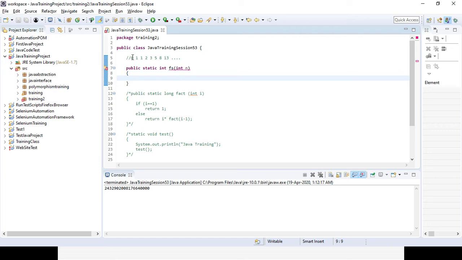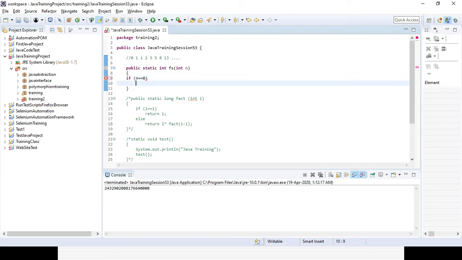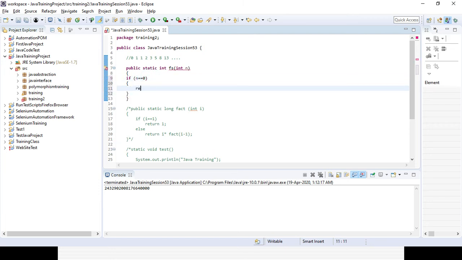So I know the starting will be 0, then 1, 1, right? So if n equal to 0, it will return 0, right?